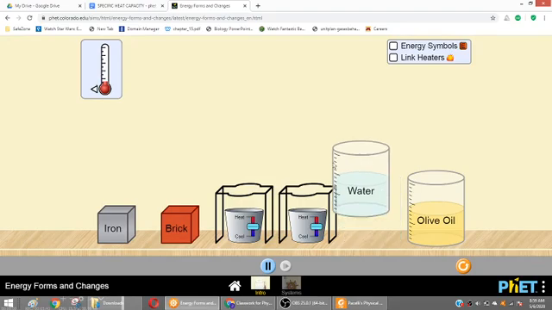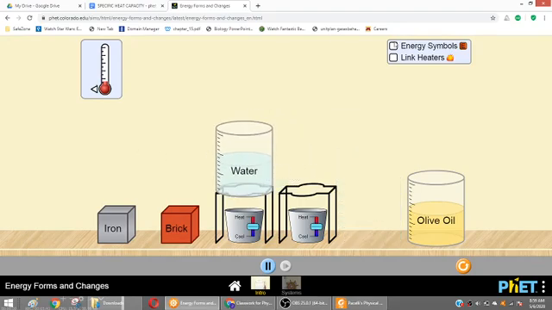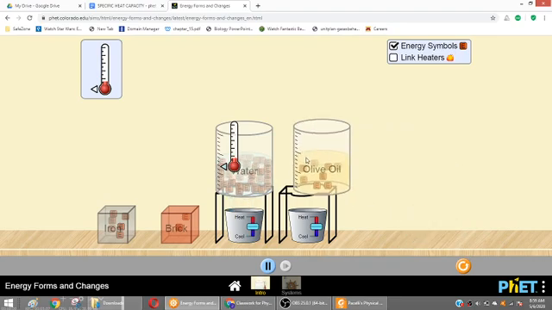And I'm going to put the beaker on the heater, turn on my energy symbols, and I'm going to put the thermometer inside of the beaker. And you can add energy symbols by heating it up and cooling it down. And you can compare which beaker